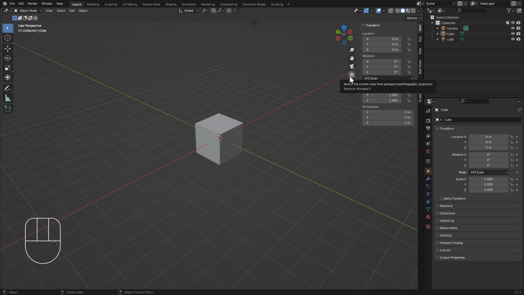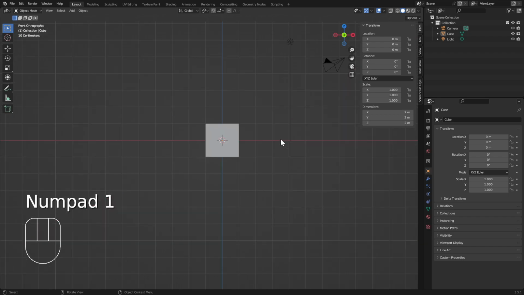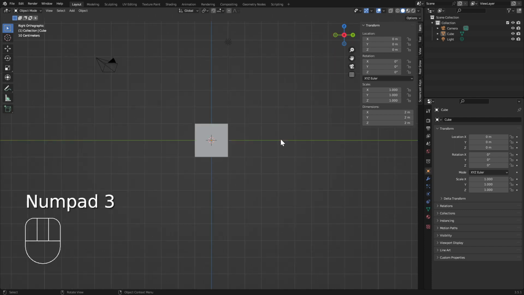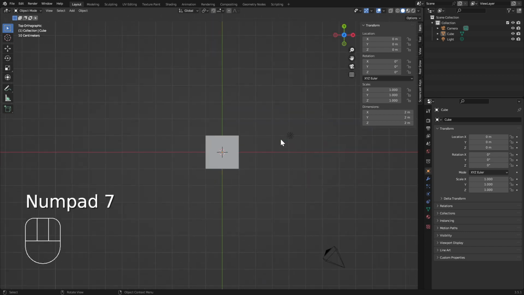So what I typically use is the numpad. If you're in here and press 1 on the numpad, you'll see the front view. So the z-axis goes up and the y-axis sticks out. If we use 3, then we'll see it from the side with the z-axis going down, the x-axis sticking out. We have the top view at 7. We see it from above, and we also have a view from the bottom,